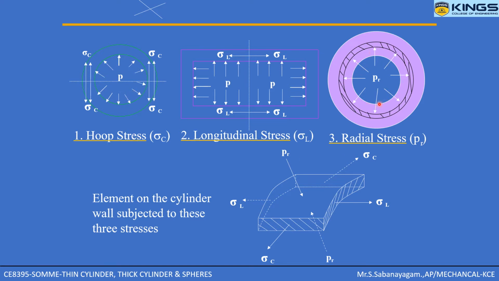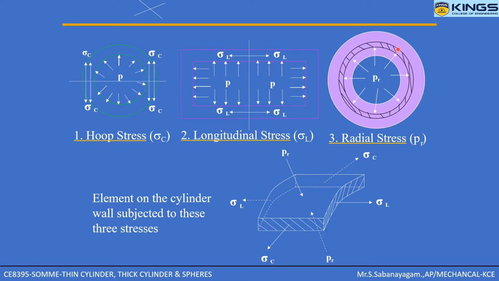That can be seen in this image, and this image shows the hoop stress. This horizontal dotted line is a cross sectional view. The lower part of the hollow cylinder provides circumferential stress towards this side, arrow mark, right? And the upper half of the hollow cylinder provides circumferential stress towards the downside. Longitudinal stress is along the length of the cylinder, as you can see in this image. Sigma L will be longitudinal stress and sigma C will be circumferential stress. PR is nothing but radial pressure.